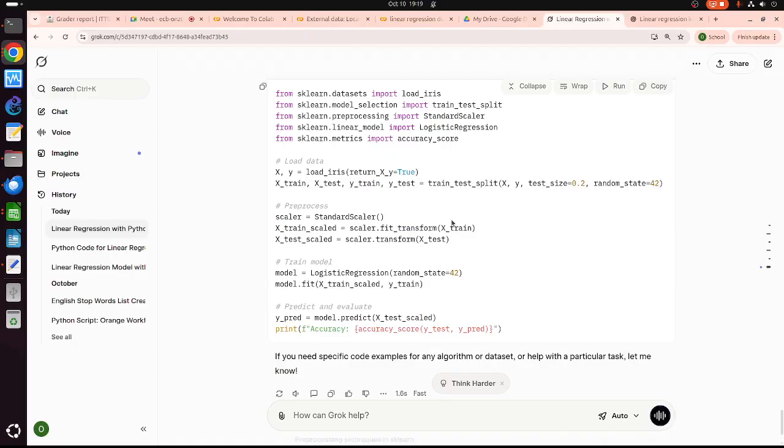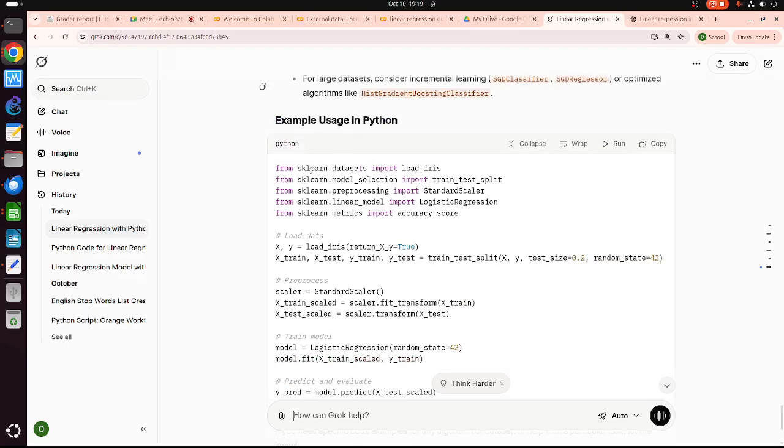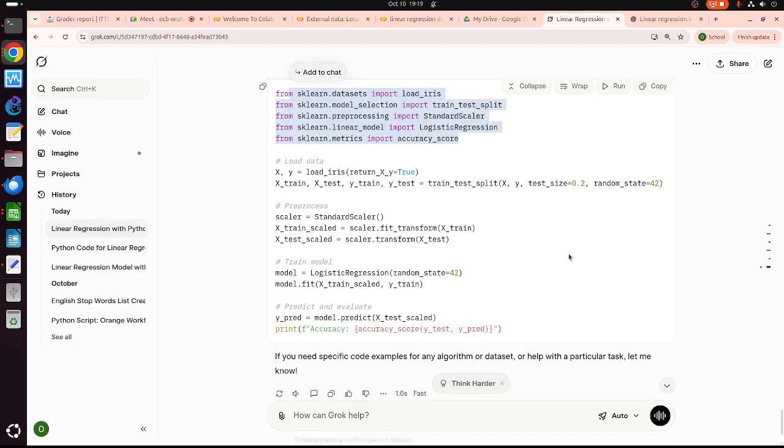So basically, you need to load the library, load the data. This one is splitting the data: 20% for test, 80% for train. This one is for scaling the data.